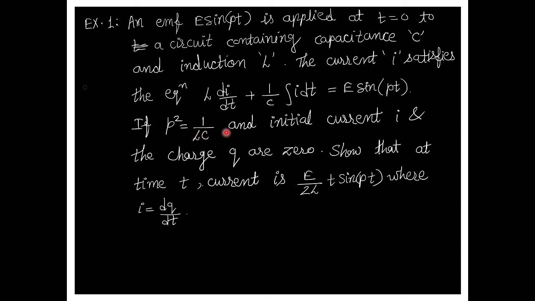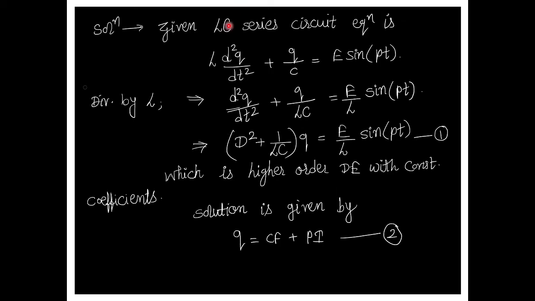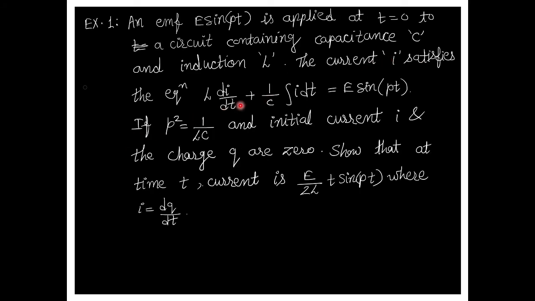If p square equal to 1 by LC and the initial current i and the charge q are 0, show that at time t the current is E by twice L, t sin pt, where i equal to dq by dt. Now the given LC series circuit equation is L d2q by dt square plus q by C equal to E sin pt. Actually here the equation is given in terms of i, but here we convert this in terms of q,